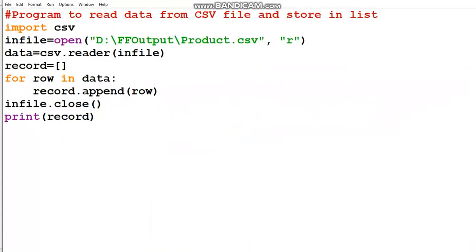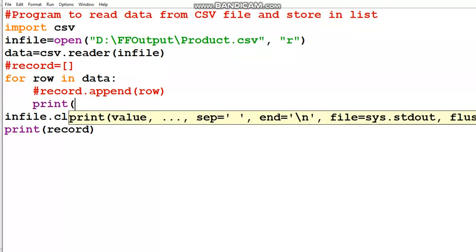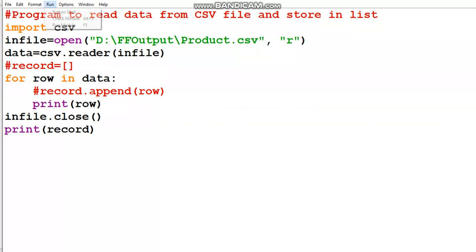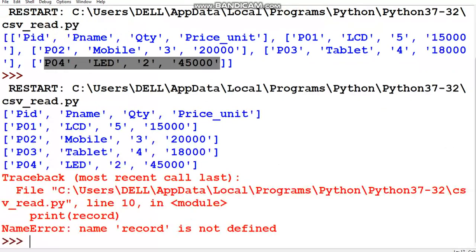If you don't want to display it in a list, you can simply print it by writing the print statement. It says record is not defined, that is a syntax mistake, but actually this output will be coming.